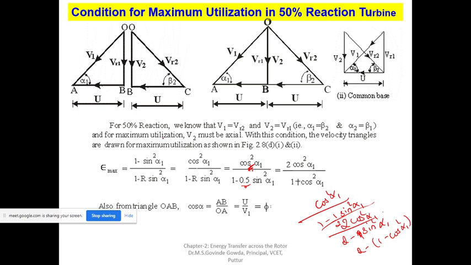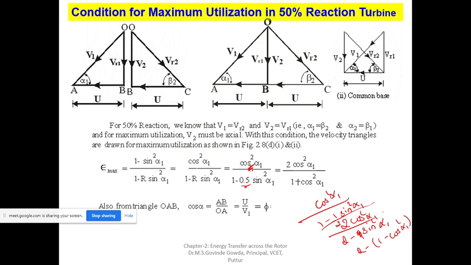Okay. This equation is the main equation. E max equal to 1 minus sin square alpha 1. By definition only I will get this, because we have already derived this definition earlier. So this is 1 minus sin r. This is okay now. You wrote that, yeah, that is okay. Now 1 minus sin square alpha 1 can be written as cos square alpha 1 by this.